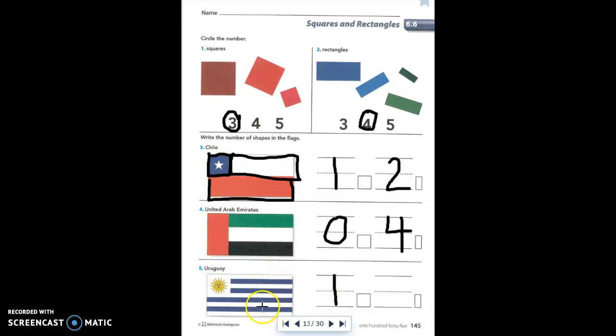Well, this is trickier because there are a lot of really skinny, long rectangles here. So each of these stripes is a rectangle. These rectangles are a little bit smaller than the bottom rectangles, but let's count them all. So there's 1 here, 2, 3, 4, 5, 6, 7, 8, 9 rectangles in all. So, complete this math page just like I have, and then you're going to flip it over, and let's do